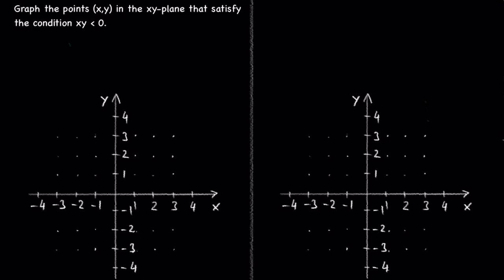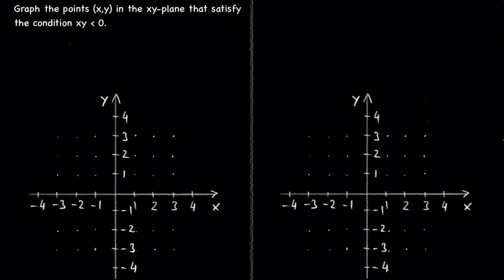Today we are going to look at two interesting exercises about plotting points or regions on the coordinate plane defined by absolute values and inequalities. If you're not confident with graphing points and line segments on the coordinate plane, I really encourage you to watch my previous 3 videos. Graph the points x, y in the xy plane that satisfy the condition xy is less